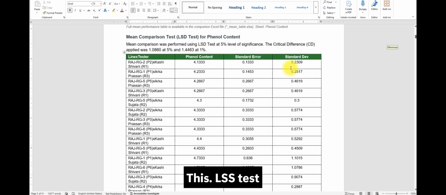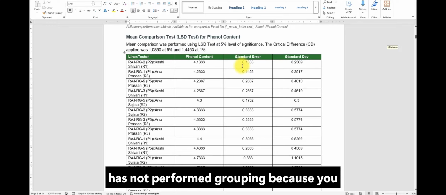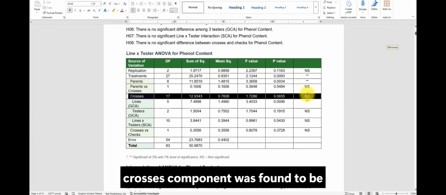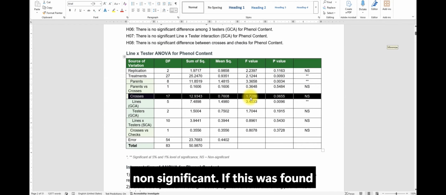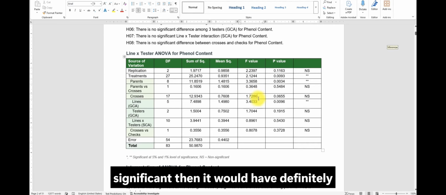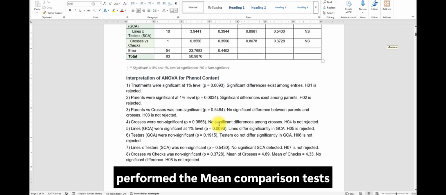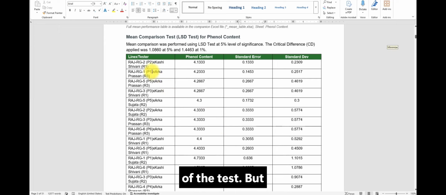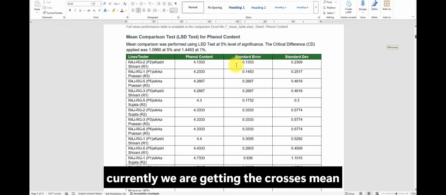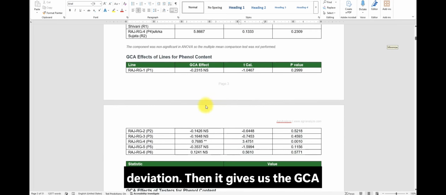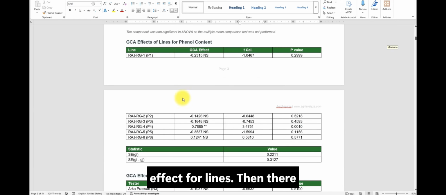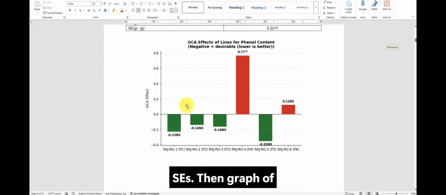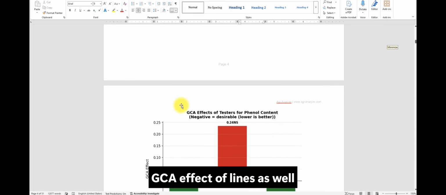Now this LSD test has not performed grouping because you can see in the ANOVA the crosses component was found to be non-significant. If this was found significant, then it would have definitely performed the mean comparison test and given us the grouping on the basis of LSD test. But currently we are getting the crosses mean, then standard error and standard deviation. Then it gives us the GCA effect for lines. Then their SE, then GCA effect for tester, their SEs,